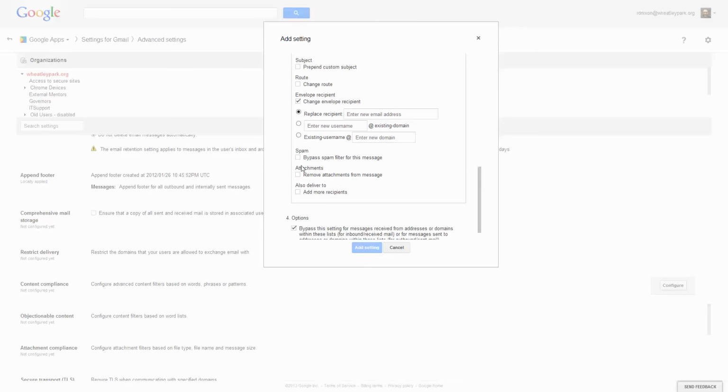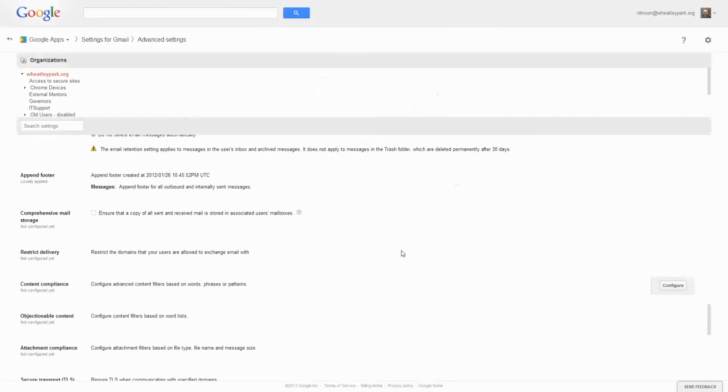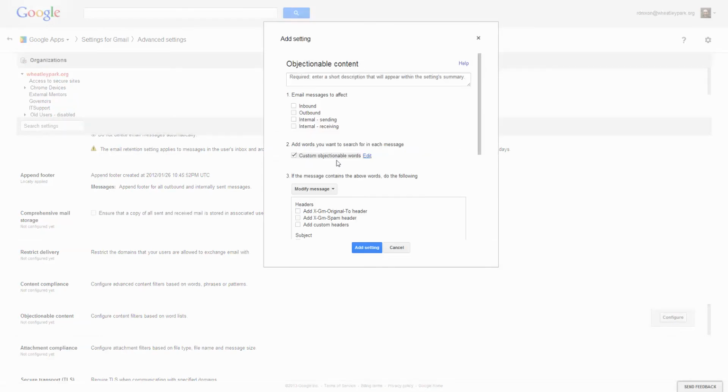And there's other options here. You can send it straight into the spam filter, and so on. Okay, and you can experiment with those options. So that's content compliance. Build some very complicated and powerful rules there. Objectionable content is simpler, although it does a similar thing, but this is based purely on a list of words. So we can